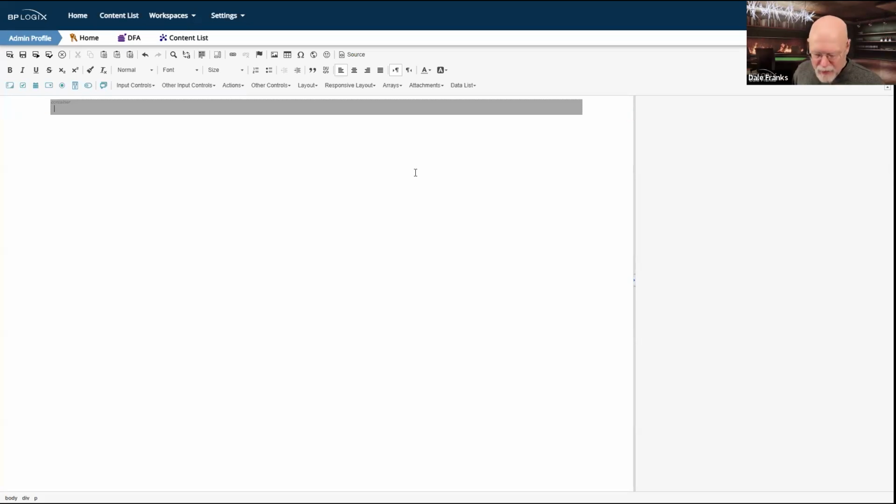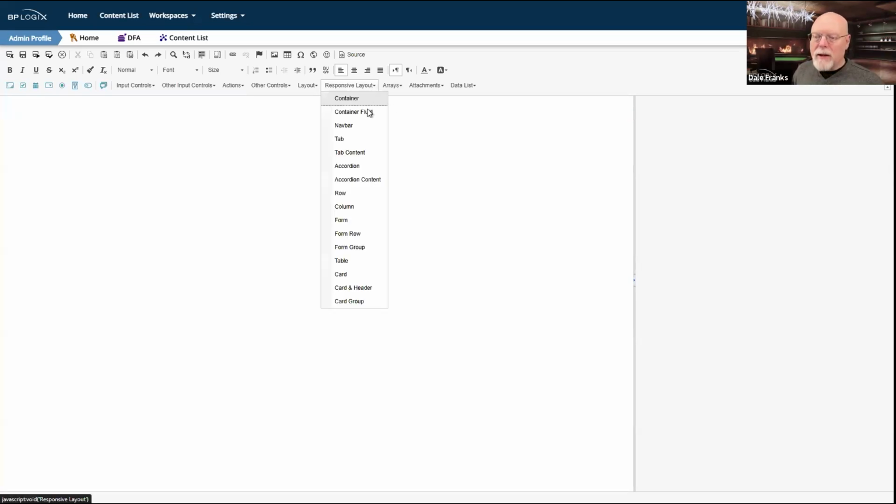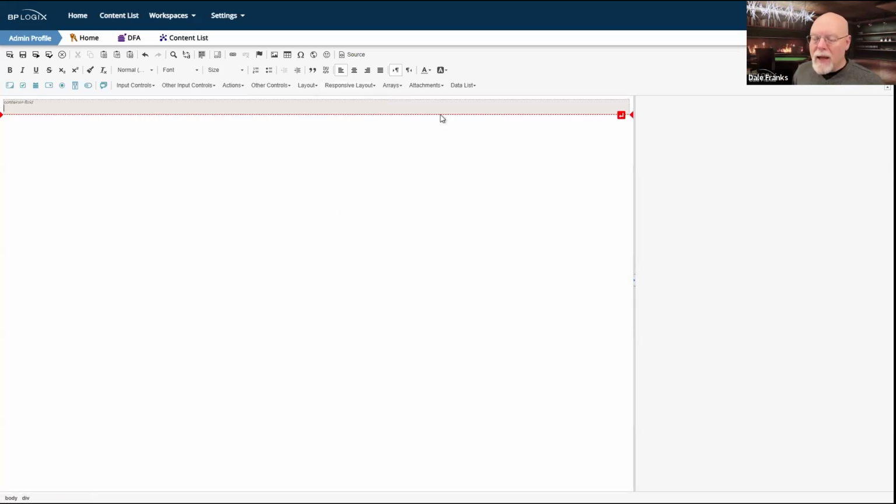The second container control is the container fluid. Now, this control is a little different. It does not have a fixed width. And what it does is it implements, just like we do with tables in Process Director automatically for responsiveness purposes, a varying width. It resizes itself based on the size of the screen.